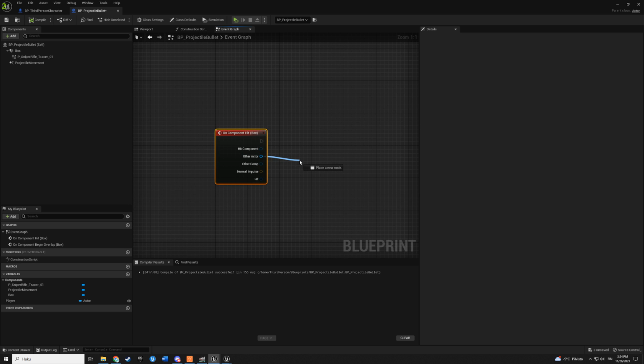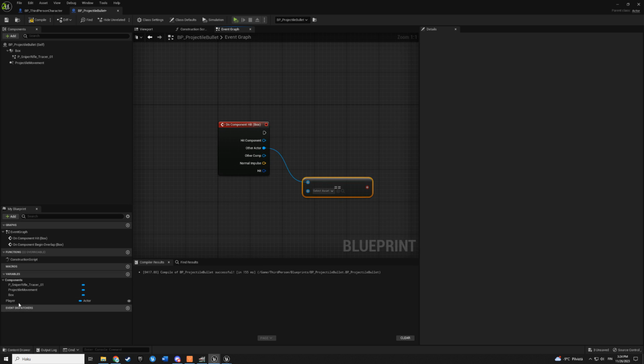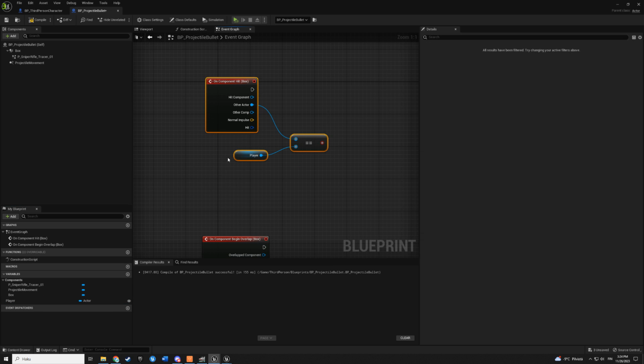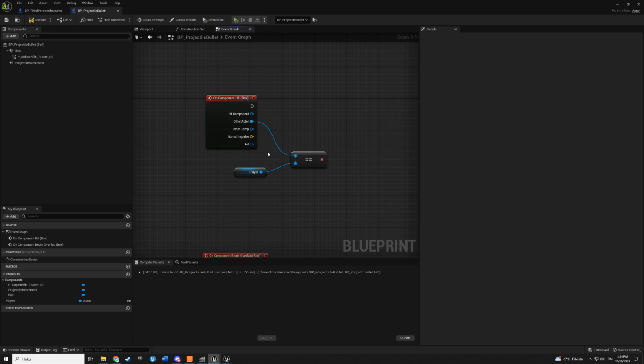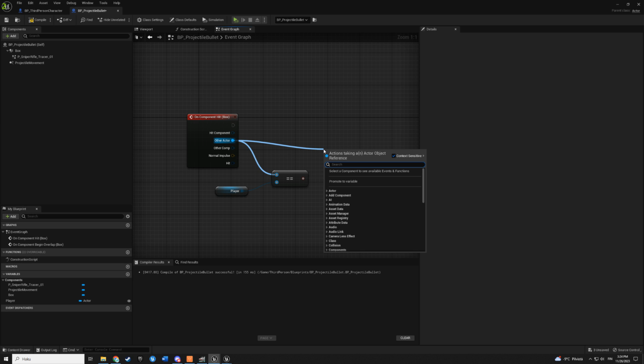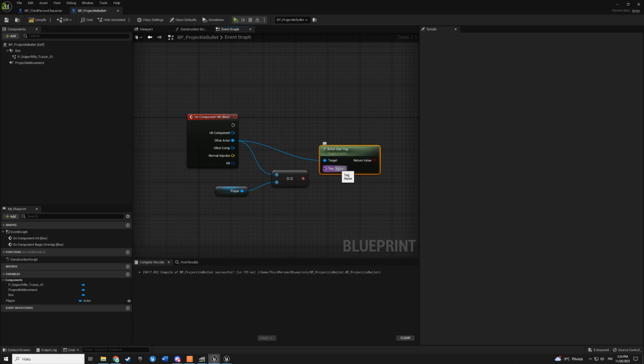And then other actor is where that component hit. We don't want to hit ourselves. That's for sure. So let's take player. And also we don't want to hit this bullet. I don't think it's possible, but yeah, we can do actor has tag, and let's call this bullet. But let's make tag here also. Bullet. Make sure it is correctly spelled.